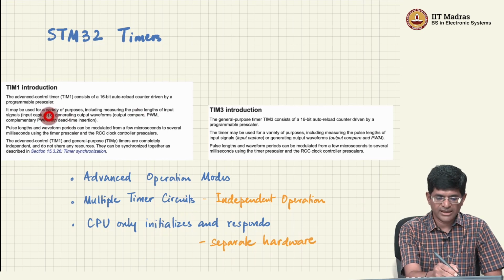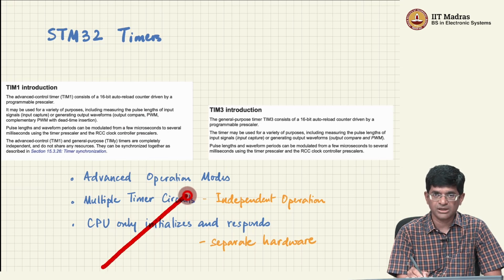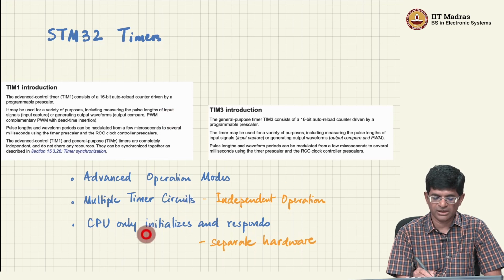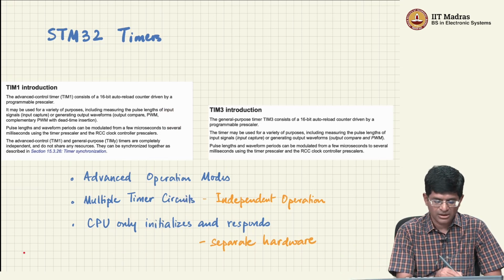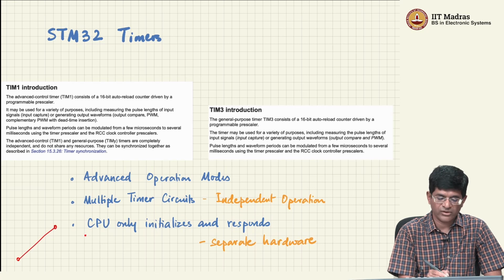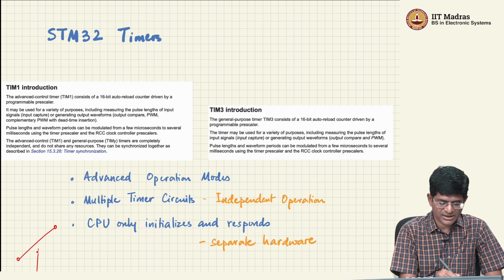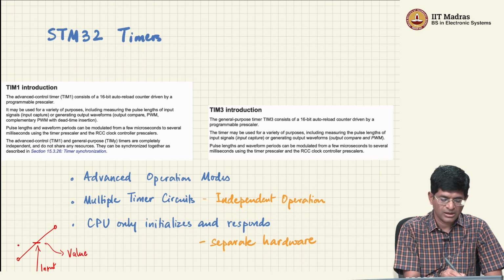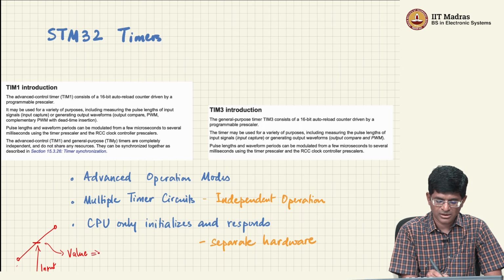So things like it can be used for input capture, where I could, for example, just have the counter going up, and it can be used to measure the pulse length of an input signal. Let's say that I have a counter that's going up to a certain value, and at some point in time this input signal comes in, right? I can basically use that as an event to find out what was the value in the counter, and this number out here tells me either the timestamp or the length of the signal,